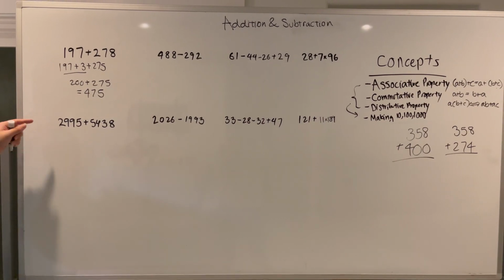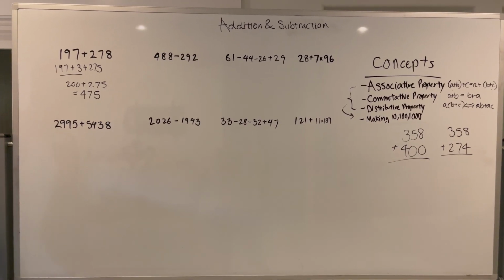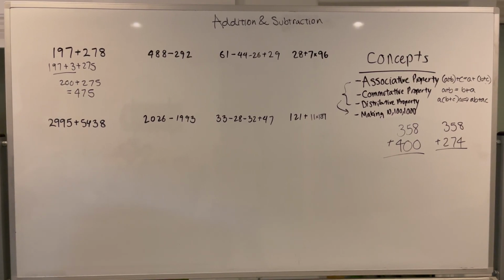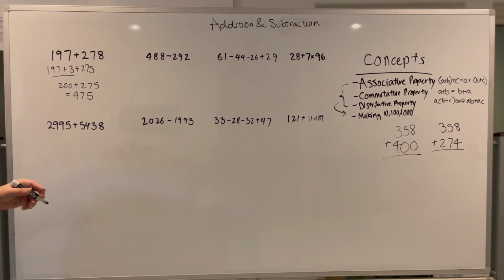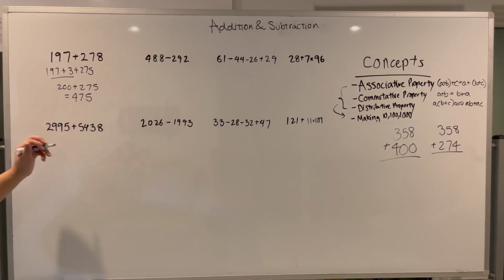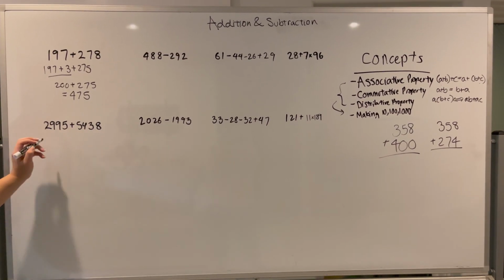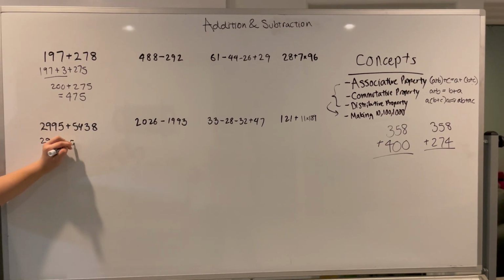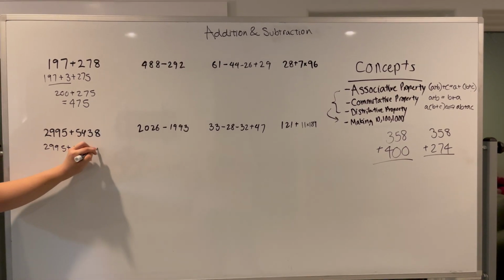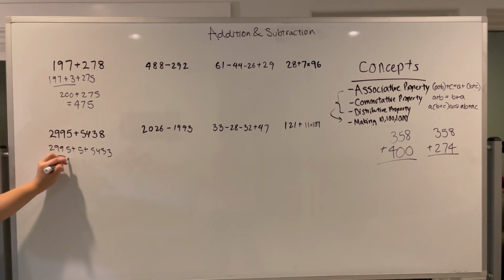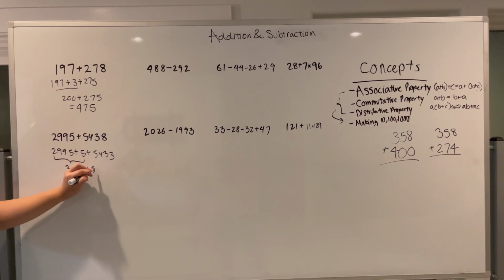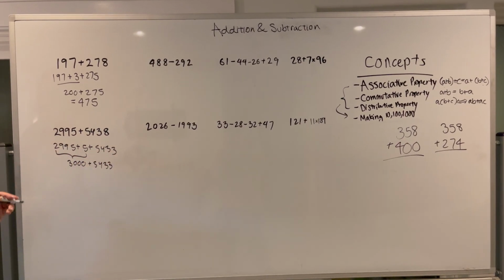So this problem, the idea is really similar to this. But we have 2,995, which you can notice is really close to 3,000. And it just needs that extra 5. So we can get that extra 5 from this number. So we're, once again, going to decompose our second number and write this as 2,995 plus 5 plus 5,433. And once again, this is just 3,000 plus 5,433. That is very easy. It's obviously just